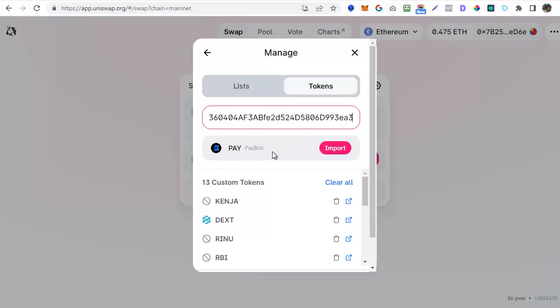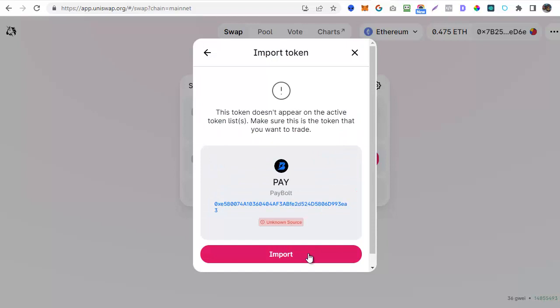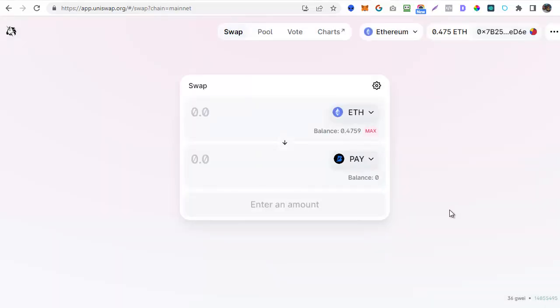If it's not recognized, you will need to confirm it before you can actually import it. Basically, it's trying to protect you from importing a fake address, but we've already confirmed this numerous times. So all I need to then do is click on import and click on import again. That has now made it available for us on Uniswap, but we need to add it to our wallet as